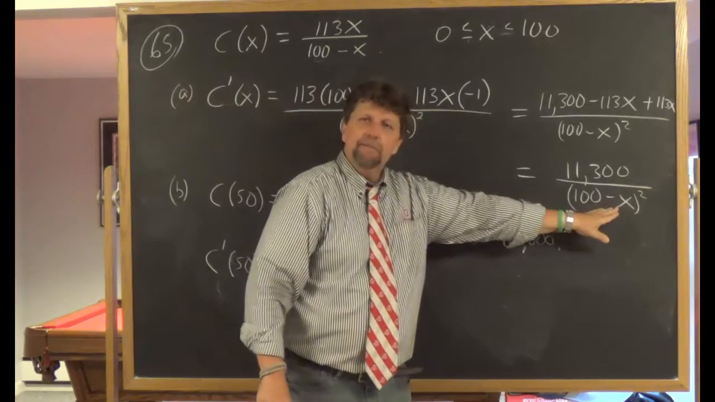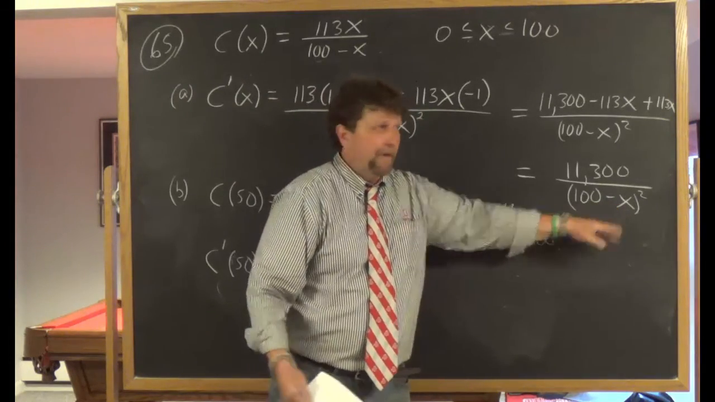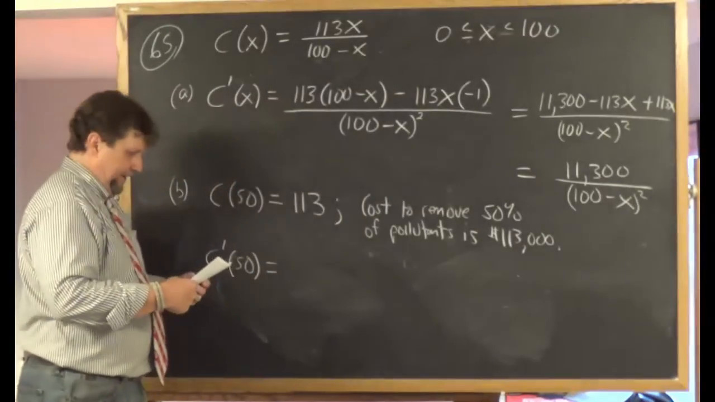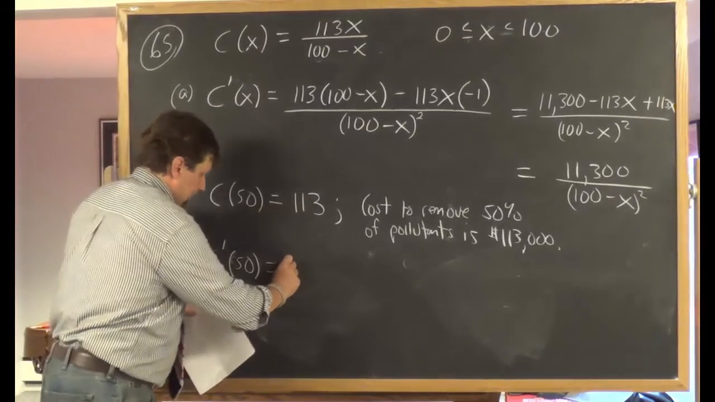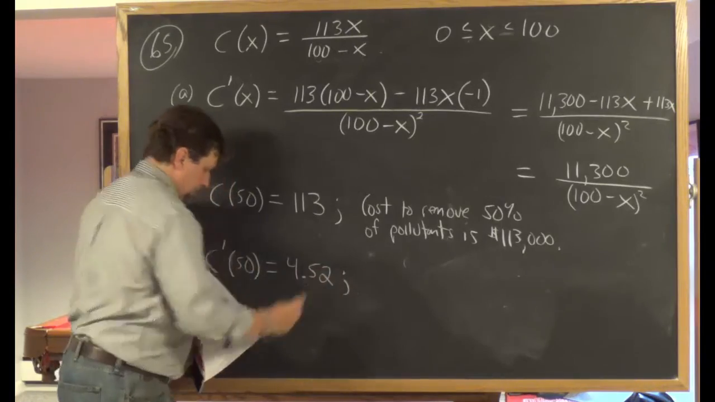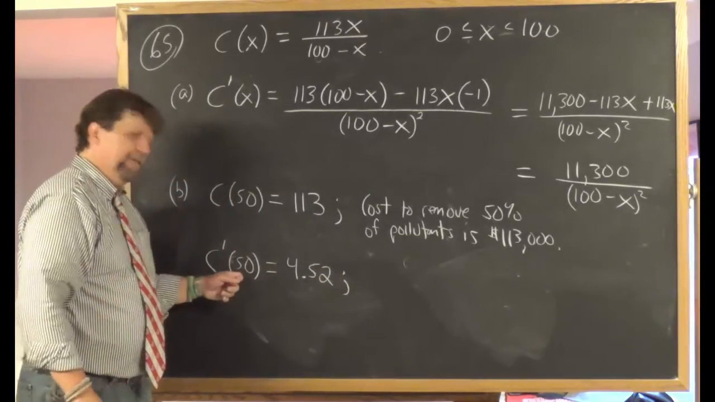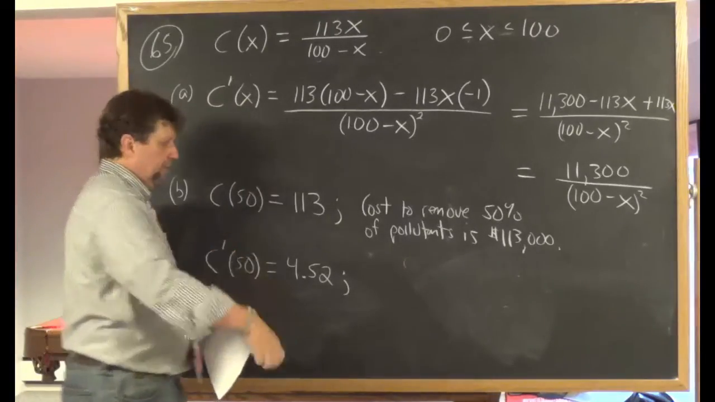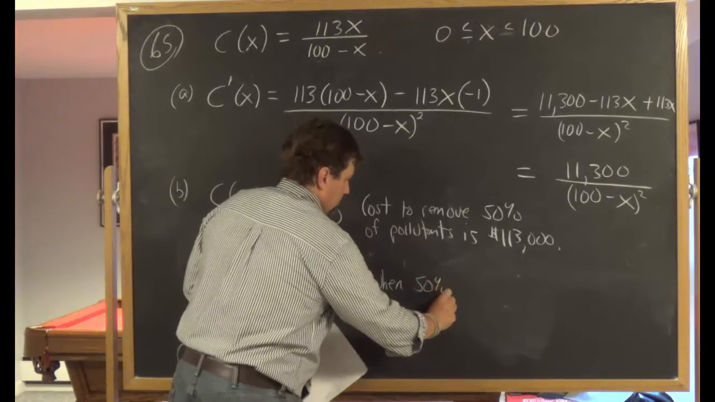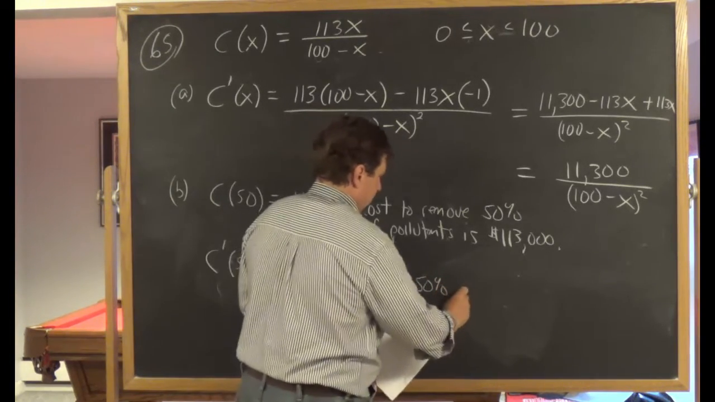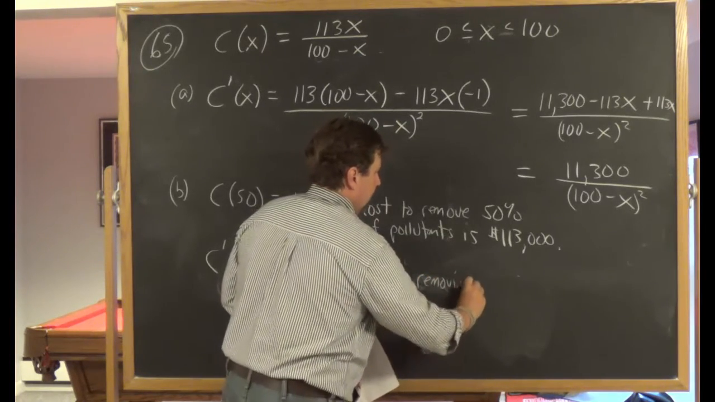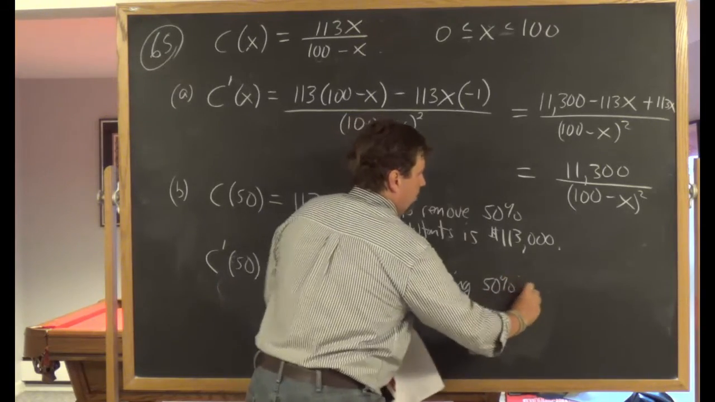This is where maybe the simplified derivative makes it a little easier for me to use my calculator. In any event, when I put 50 in here for the x and, good grief, I evaluate that, I get C prime of 50 to be 4.52. So now what does that mean? Remember, 50 is a percentage. So when the city is removing 50% of the pollutants, let me just rewrite that, when removing 50% of the pollutants,